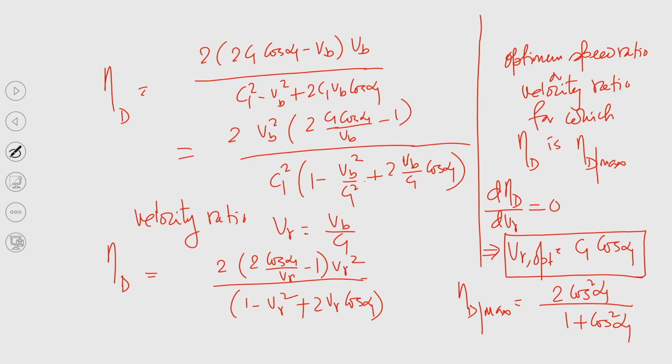So, this is the objective. So, I did not do this task because this is very simple. Objective is by defining velocity ratio, we can try to find out optimum velocity ratio for which the diagram efficiency or blading efficiency will be maximum, and that is shown by here, and for that V optimum we can find out the maximum value efficiency. Okay. So, this is very important.